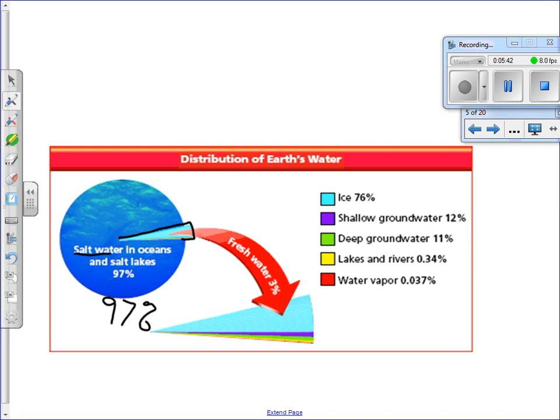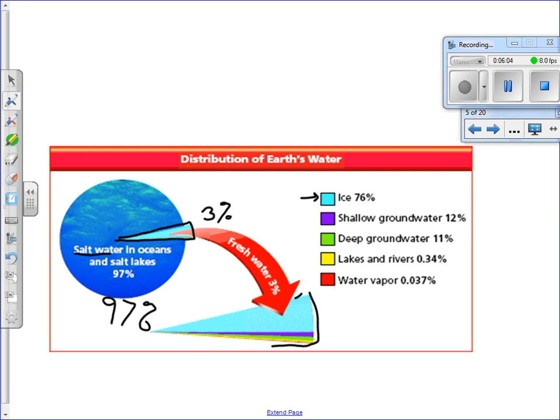So how much water is fresh water? 3%. Not that much. And that 3%, if you break that 3% down into the different sources, this is what you get. Of the 3%,